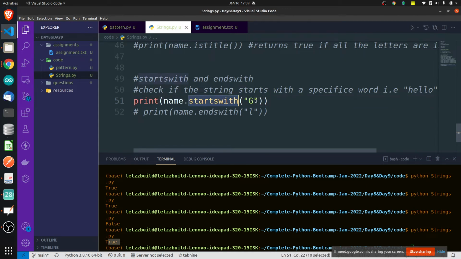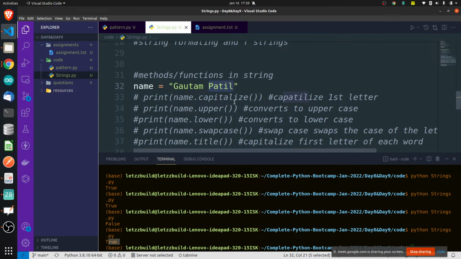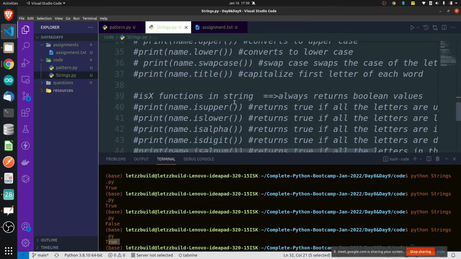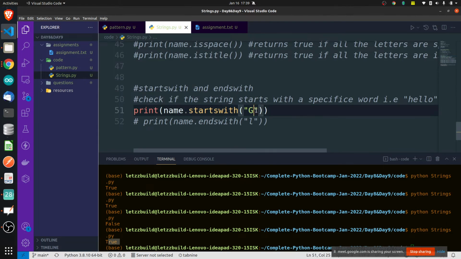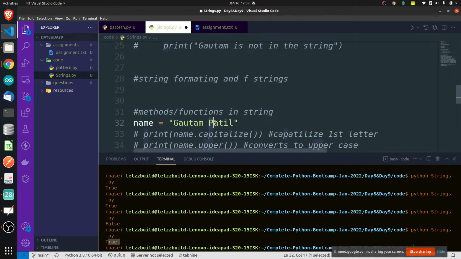Now you can do one more thing here. With startswith, you can also give second parameters, which are start index and end index. Right now you are searching in the whole string. If you want to search only in the word Patil, and check whether the starting letter is P or not, first you will write P, to check whether it starts with P, and I can write start index and end index here, from where to start searching and where to end searching.